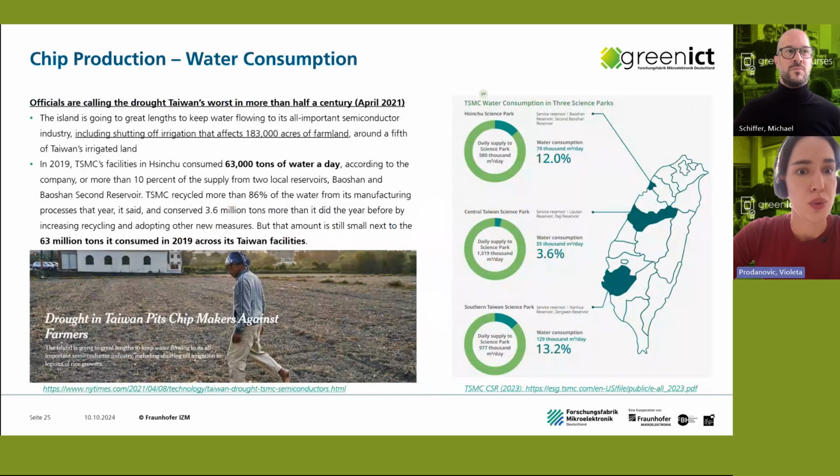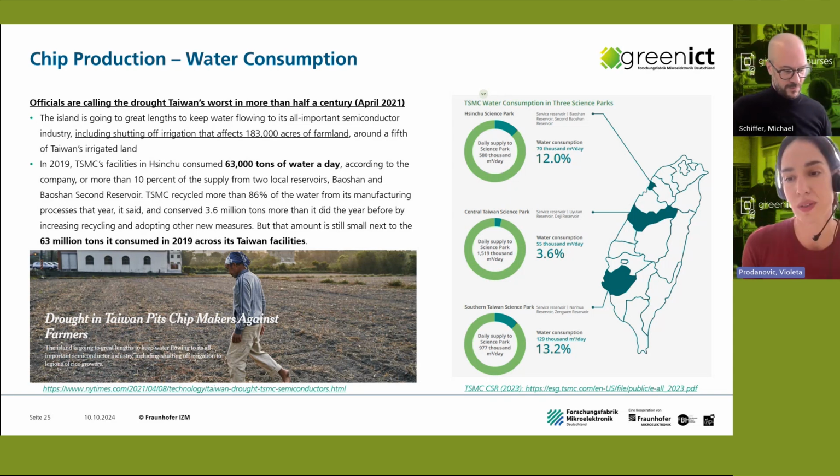Okay. Related to water consumption. So this is not too much technical content, but still a very interesting situation to report on, and how farmers in Taiwan are being affected by having high-tech people as their near neighbors. So TSMC in this case, I think in 2021, the heavy drought happened in Taiwan. It happens somewhat frequently as it is a region with high water scarcity, and so the government of Taiwan is